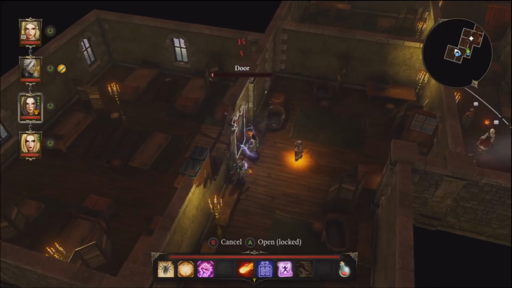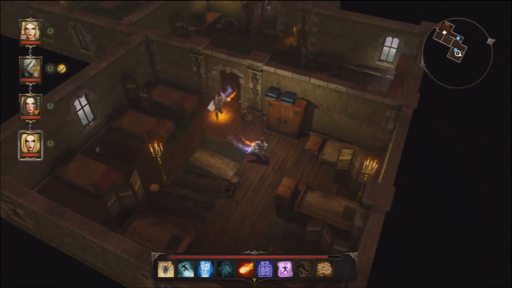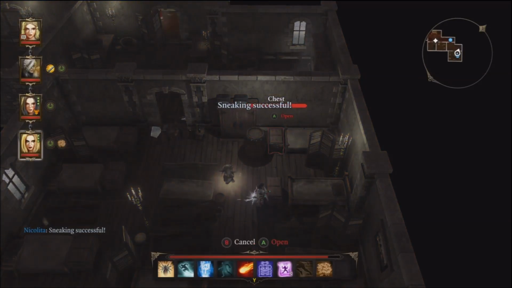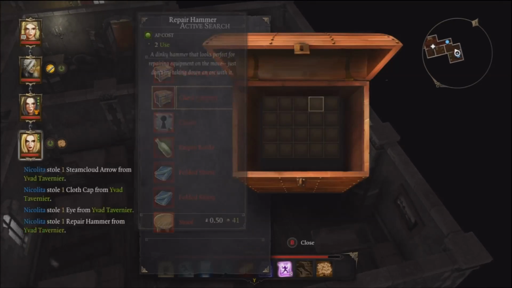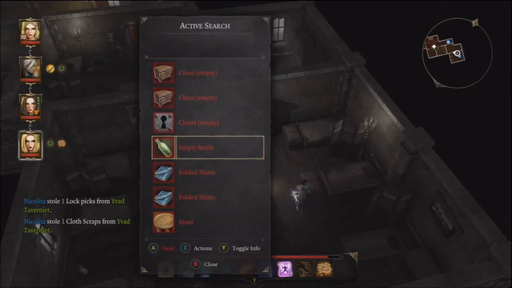Almost there. Almost got it. Oh, one more. So sometimes I use Oath of Desecration, but I don't know. It almost feels like it's more work than it's really worth. It does increase your damage, obviously, and you will break through the door faster, and thus your weapons will take a little bit less damage. There's a repair hammer. Speaking of which,